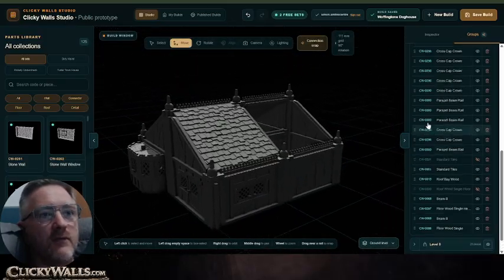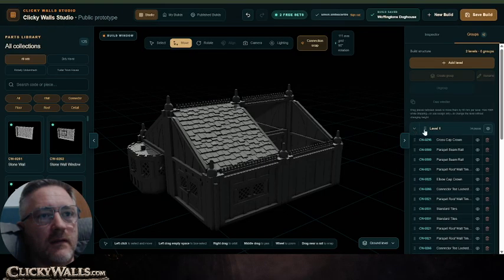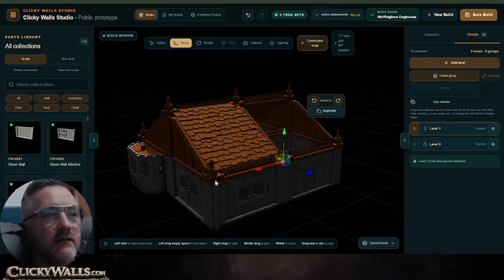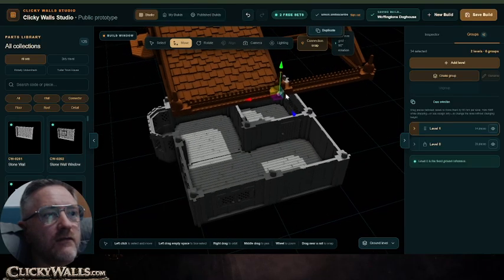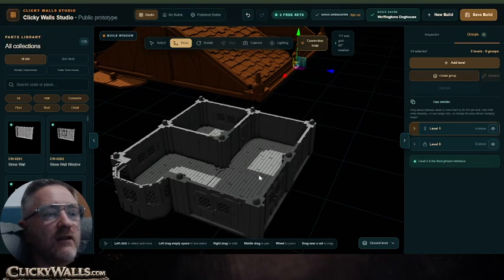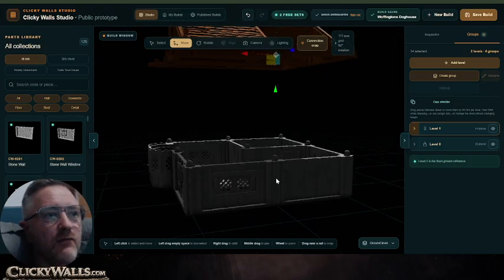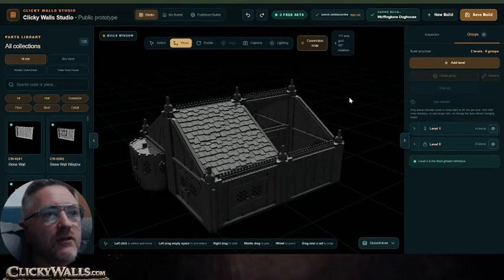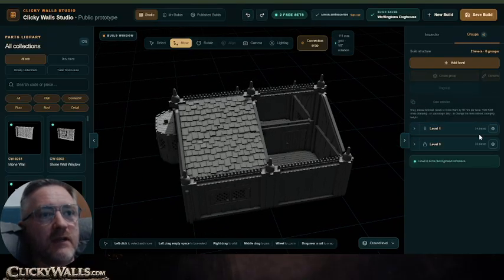Now with ClickyWalls, they're all in levels, so this level here in real life you can lift it off so that you've got access to each level at a time, so you can stack it up and have as many levels as you want. And what this program does, it allows you to build these buildings,